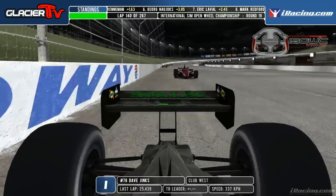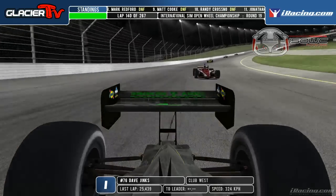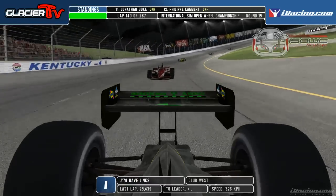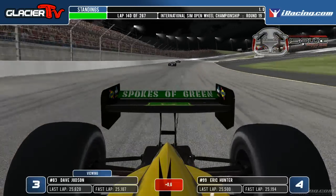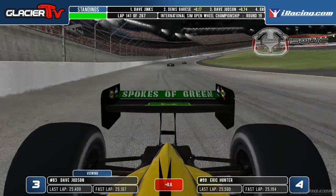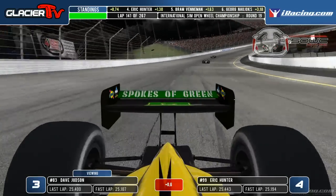But Dave Judson's, of course, going to fall off the pace pretty quickly. In fact, we're going to turn our attention to him and Eric Hunter for the time being because, of course, Hunter was faster than Judson on that last run. We know that Judson has some issues once that fuel starts going down, so Hunter's going to be all over the rear of Judson within the next 4 or 5 laps, I'm going to say. That he is, and don't count out Bram either. Bram is hanging with